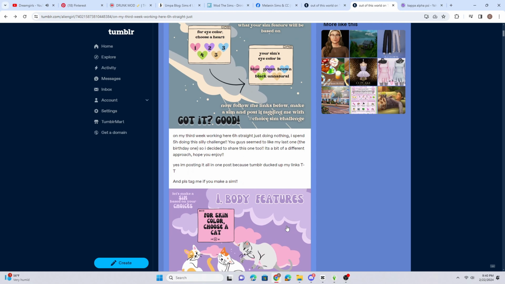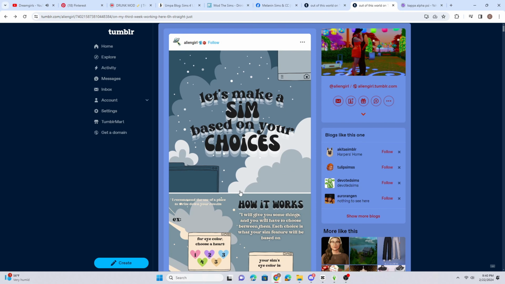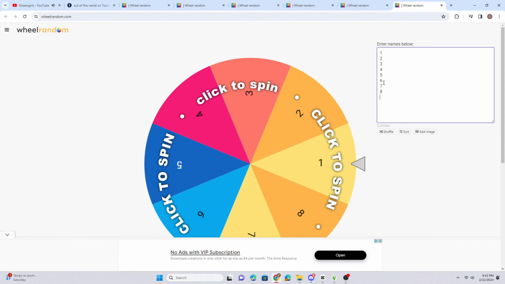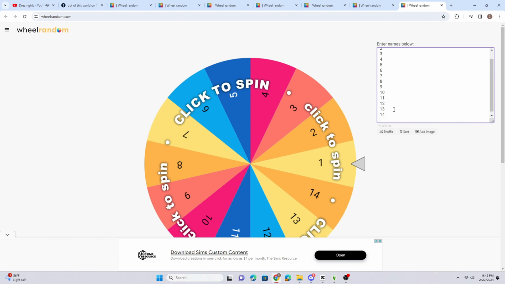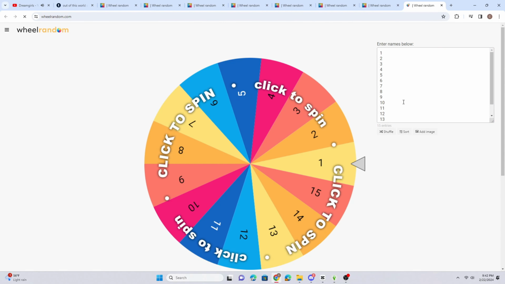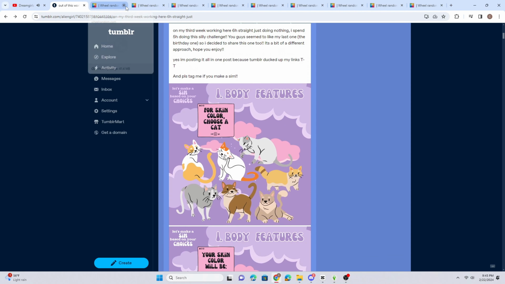To make this a little bit easier for me and for the video, I just went on Google and typed in wheel randomizer in the first link and then just started putting in all the number options, since I couldn't really do the pictures correctly, and we're going to be doing it like that. So now that you know the rules, we're just going to hop into the very first one, which is body